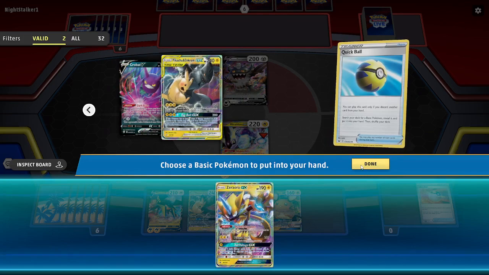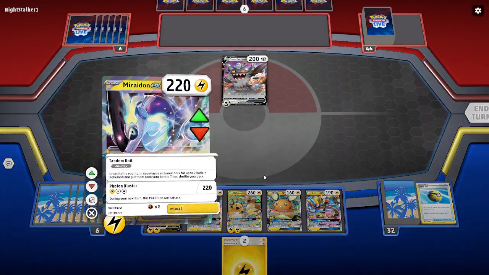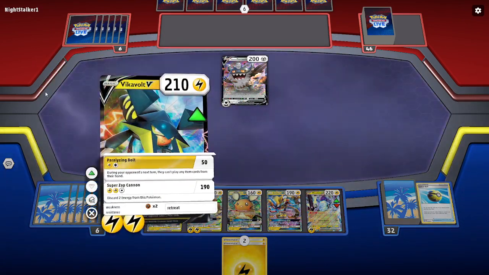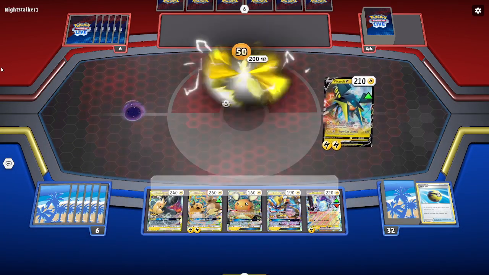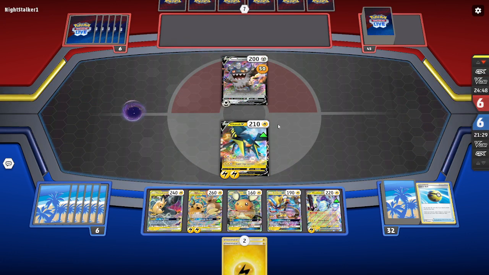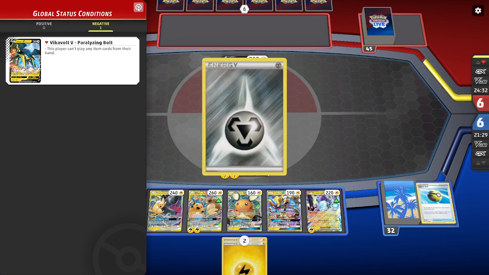Get down Zeraora-GX, which I get free retreat, which helps me out. It keeps them from stalling me out also. Hit with Vikavolt. Paralyzing, oh, sorry, I hit the, so there we go, attack. I missed the attack, so that's okay. So it does 50, which isn't huge, but they can't play any item cards, so we'll see what happens. They have the red arrow there, right? It says this player can't play any item cards in their hand. It shows my Vikavolt, so that's a global status condition. But it's a global status condition just applying to that player, right? I don't have the red arrow, so, I mean, is it...